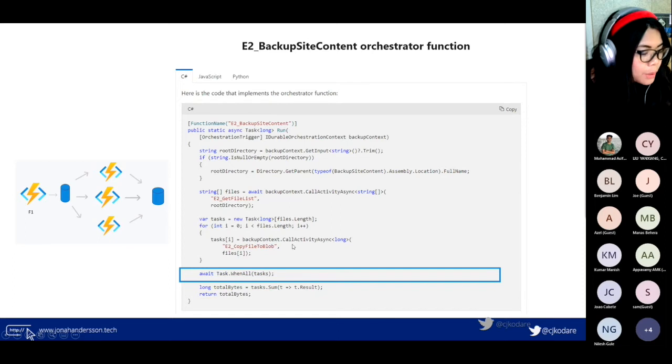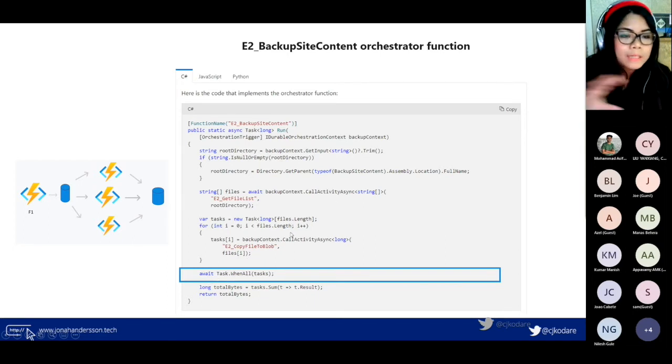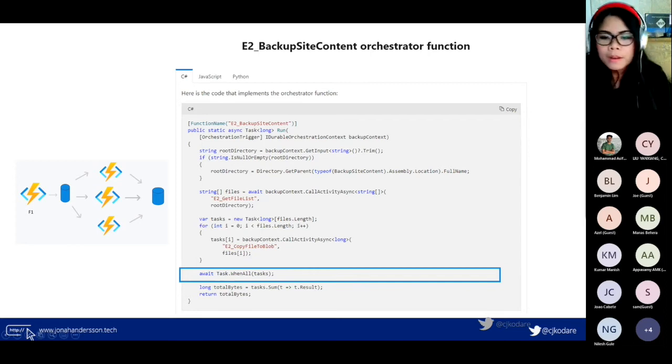Then you go through a loop of the files, and in each you have your own task to copy each file to an Azure blob. And then at the end, it uses an await Task.WhenAll to aggregate the result. That's the in of the fan out, fan in. So that's a simple example of that, and this is useful in some use case scenarios.